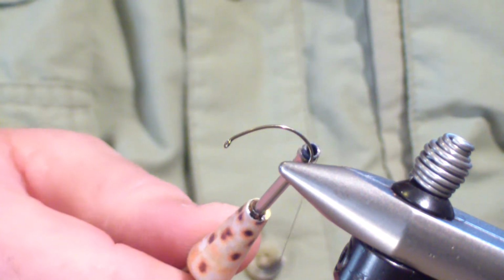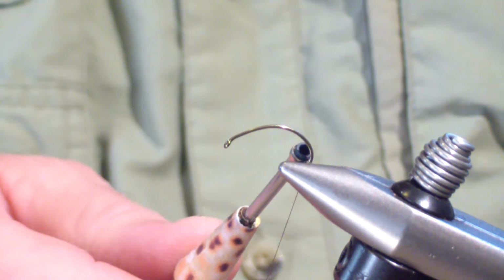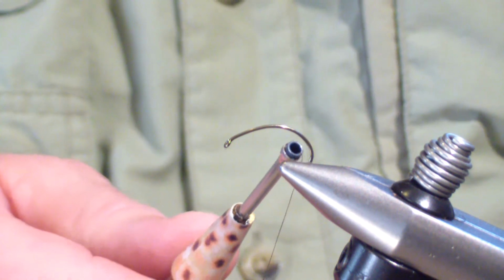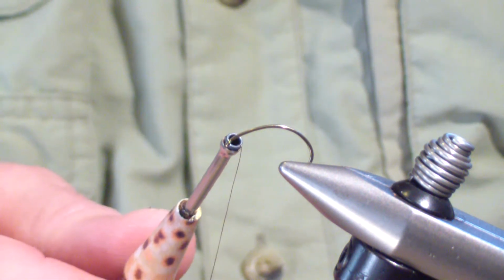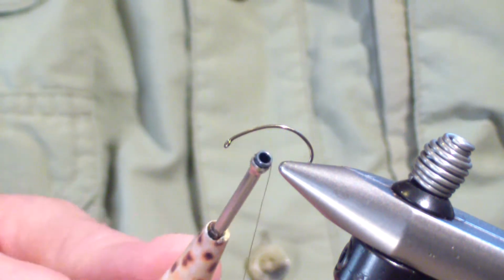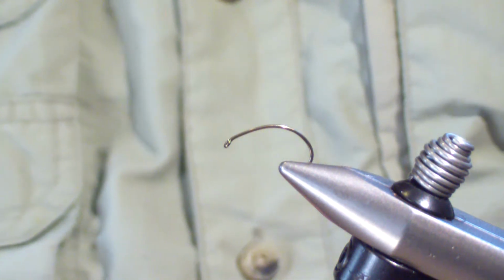I generally fish with a Uni-Thread furled leader, 5.5 foot, and I tie my 4 to 6 foot tippet to my leader ring. What I do here is I'll tie a 12-inch piece of tippet to the ring, and then I'll tie this indicator to that, and then I'll tie off the bend of the hook for my dropper. Just like you would for a tandem rig, but I'll fish it with about a 4 foot dropper off the